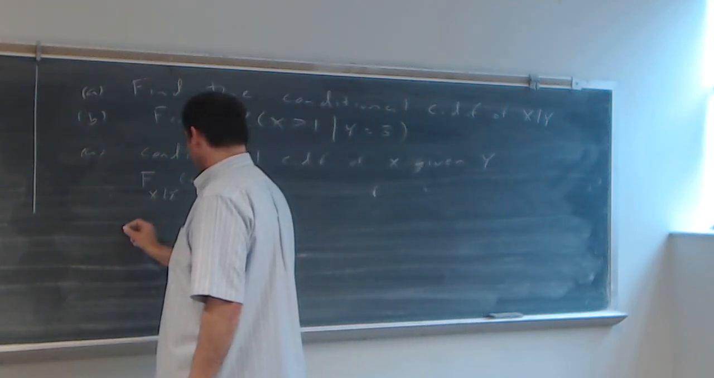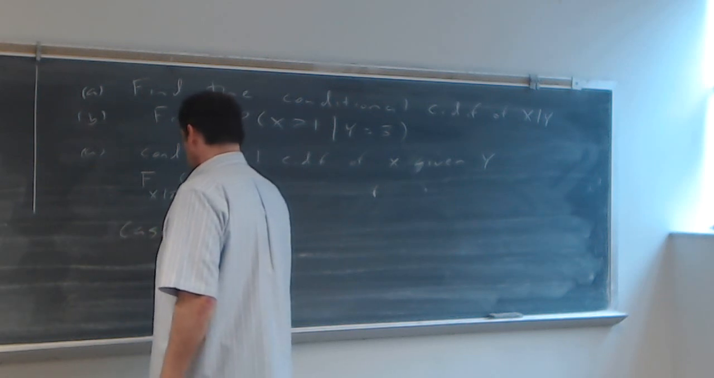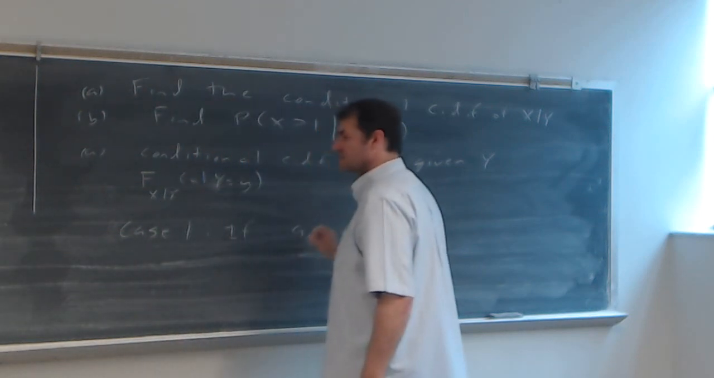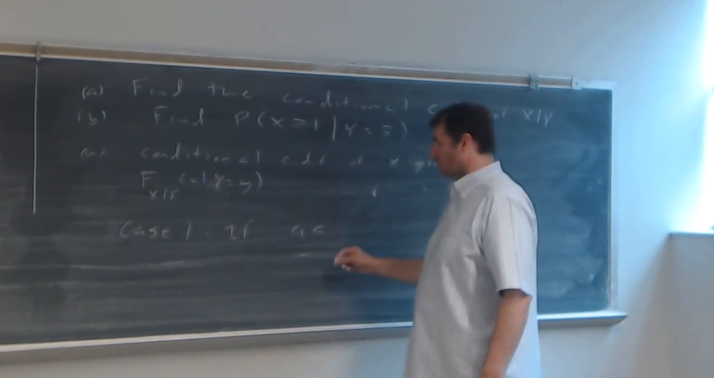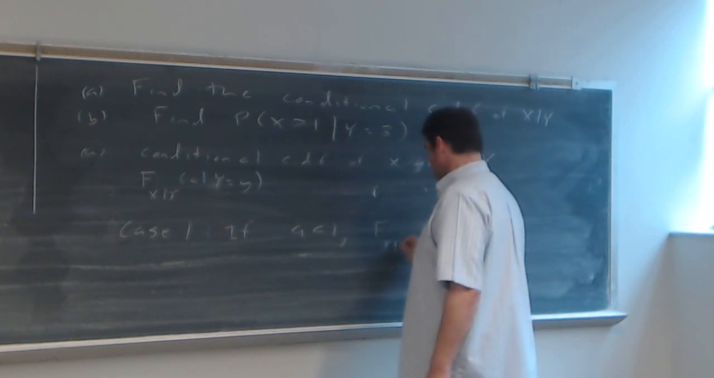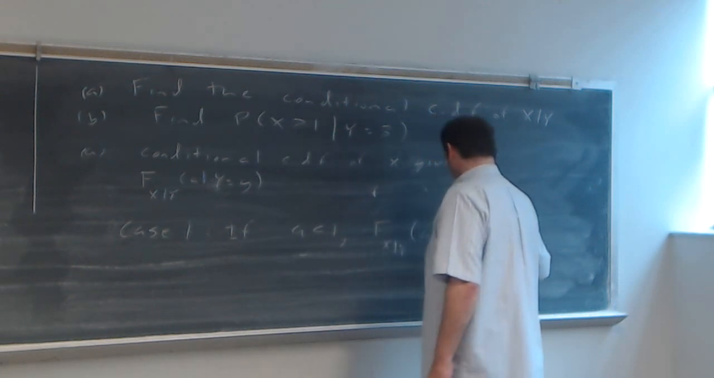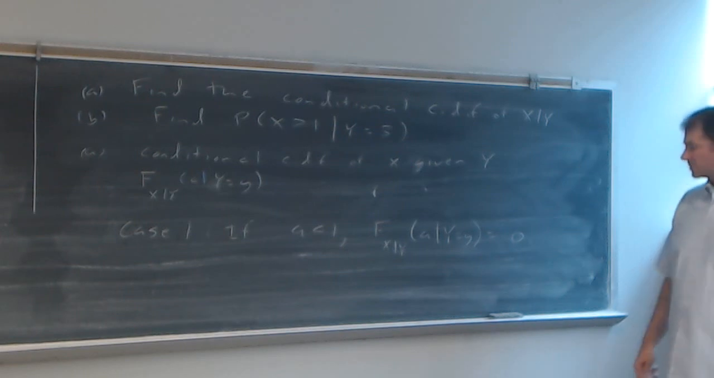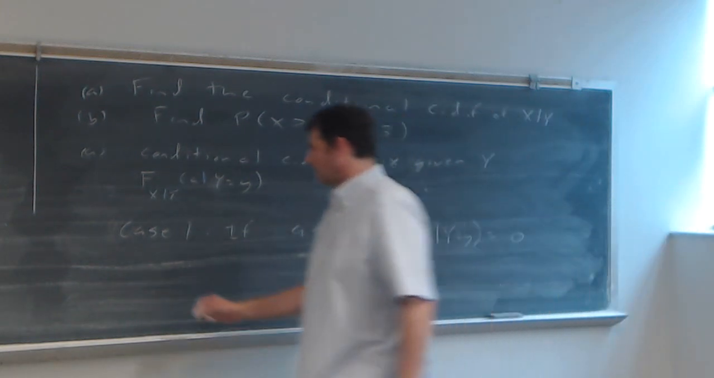Note, case 1: if a is less than 1, since the smallest x value that we can have is 1, then F of x given y of a given y equals 0. No way that's going to be a positive number because x is always 1, 2, or 3. Now, case 2: